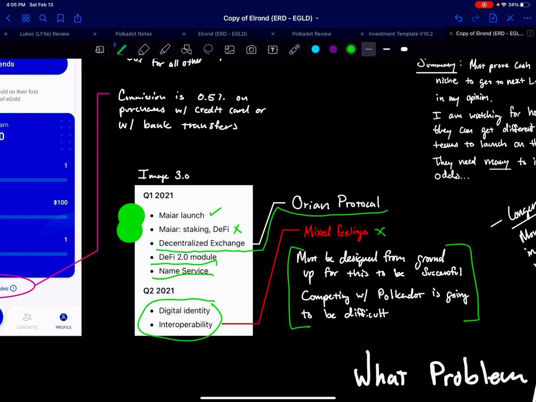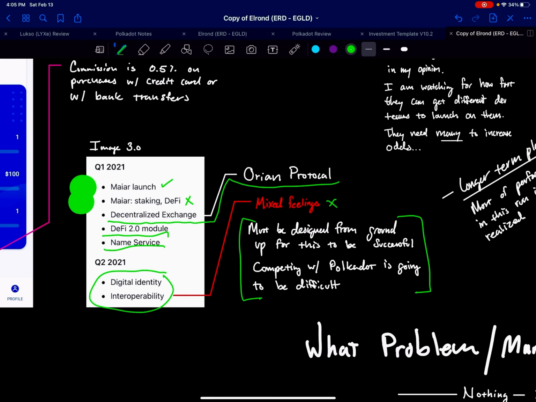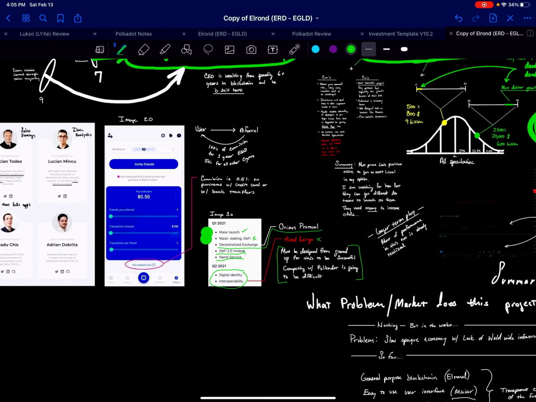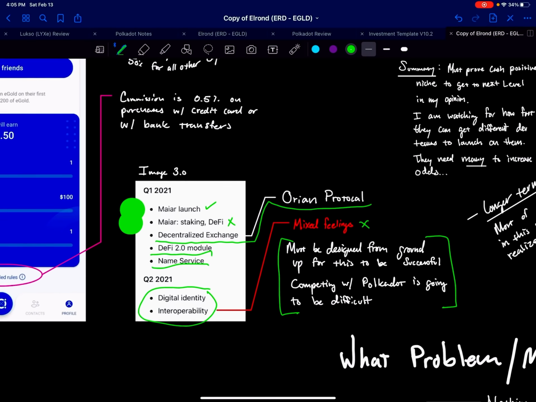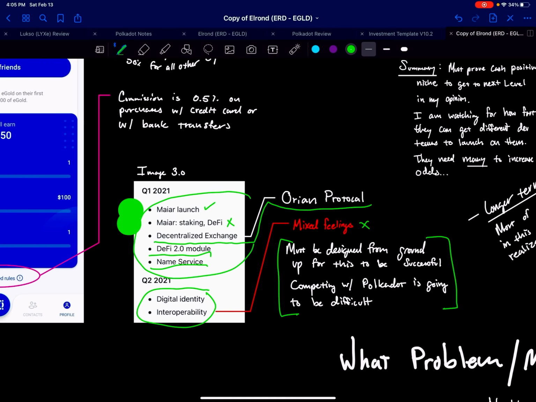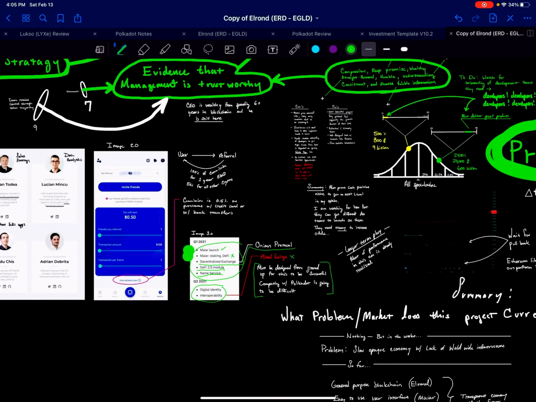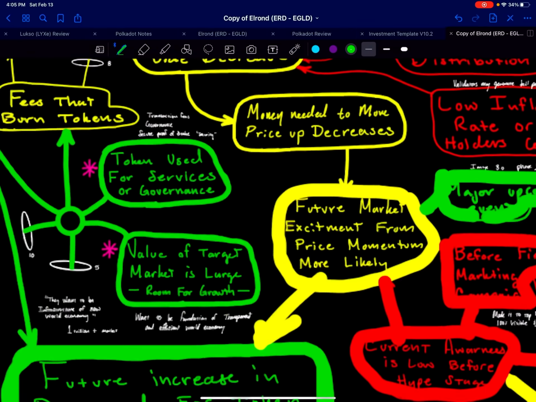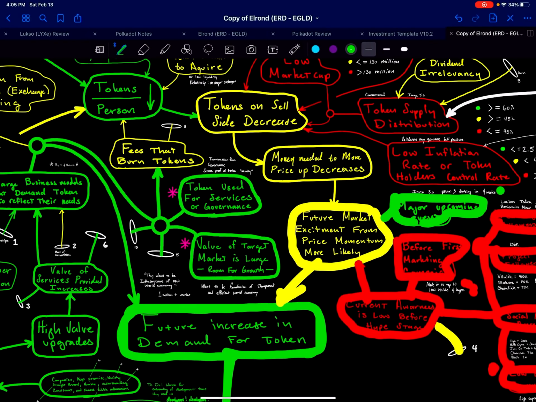But the blockchain is not designed from the bottom up for interoperability, and that's my point. It's better to stick with what this project is good at, which is just being a fast, general purpose blockchain that's easy to use. Sticking with that easy to use is a killer strategy in my opinion. So yeah, that's just my take. I could be totally wrong about that, but this is a timeline. The timeline looks very bullish, especially for the first quarter. There's a lot of exciting things coming out for that first quarter that could potentially create even more bullish momentum.